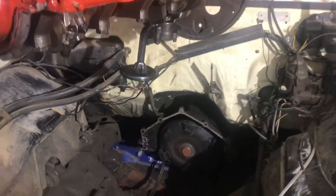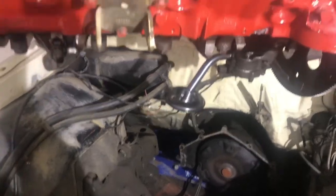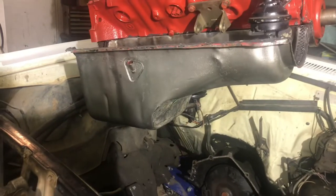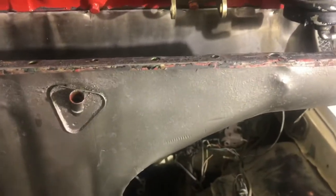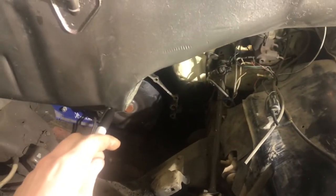So pan's back off. I just gotta figure out where to cut it. The only thing worse than putting on an oil pan with 6 pounds of RTV is taking off an oil pan that has 6 pounds of RTV. So why is none of this ever as easy as it's supposed to be? I should pay attention to where I'm filming. I wanted to just go up and back and cut out this chunk, flat plate,